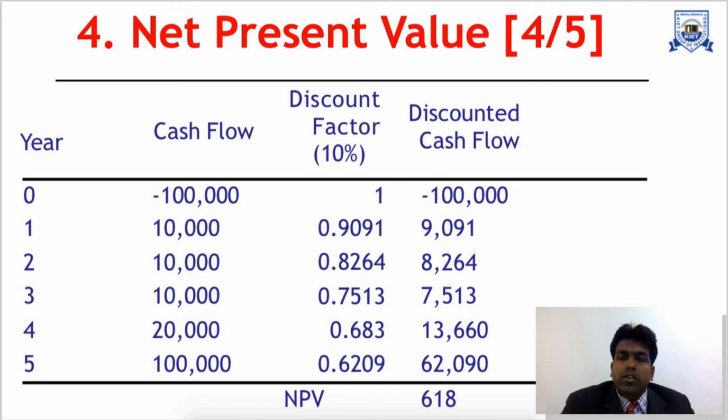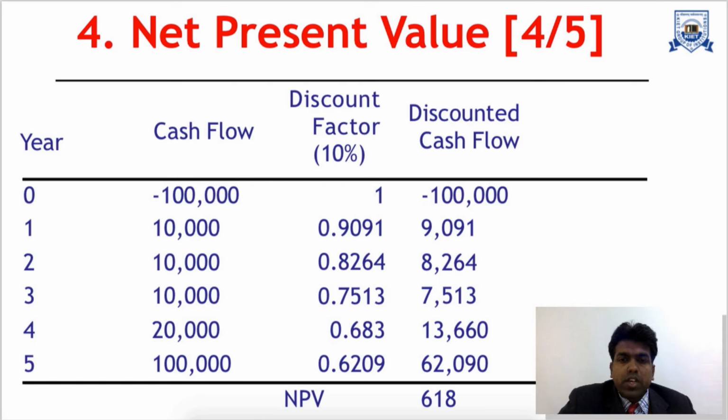And now the next column is showing the discounted cash flow. Discounted cash flow is basically calculated by multiplying these two, that is, cash flow into discount factor. So we can calculate it easily. When we calculate this, 1 lakh in minus into 1, then we'll get this one. And then in the second case, in the first year, 10,000 into 0.9091, we'll get this one. In the same way we will calculate for this one, 10,000 into 0.7513, and we'll get this one. And then 20,000 into 0.6830,